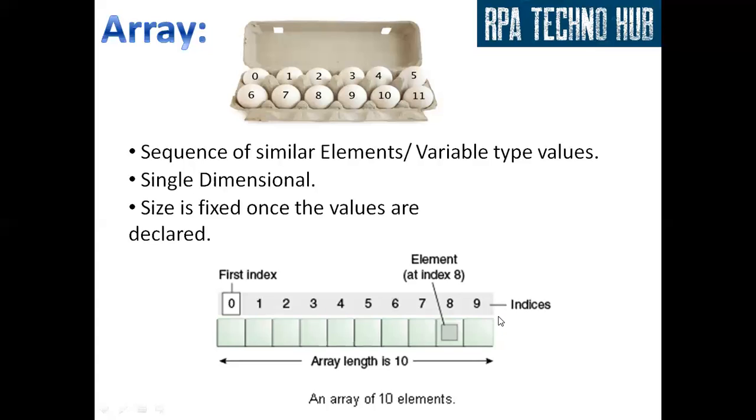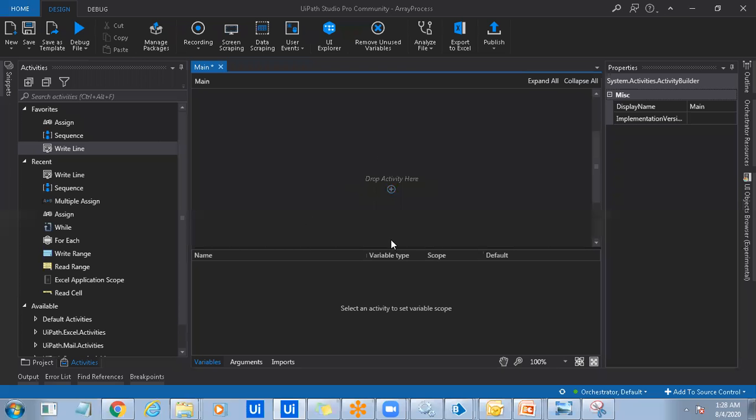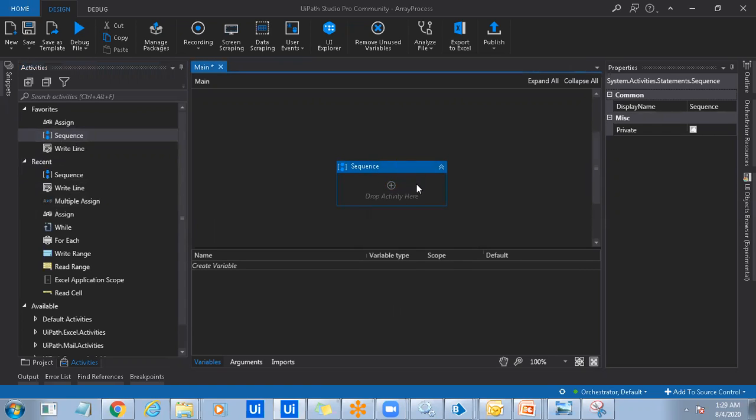Now let us see how we can create arrays in UiPath and how we can pick elements out of an array. Let's get started. So here I'm dragging the sequence activity, and now I have the sequence container on my canvas. I'll just name it as main sequence,